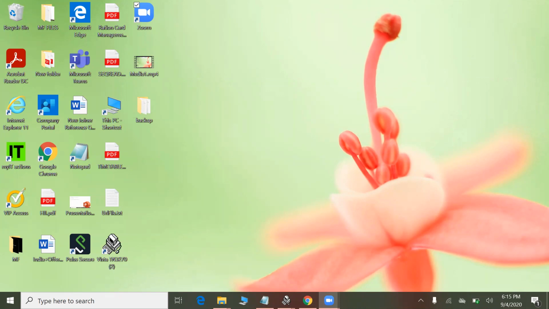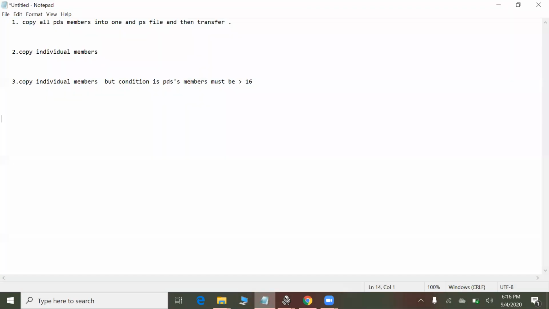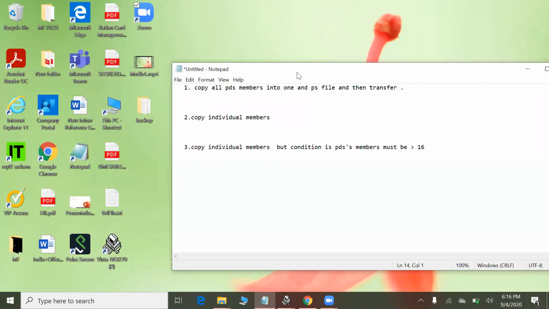In this video, I will show you how to transfer files, sequential files, or any files from your Vista TN3270 to your Windows desktop. There are three methods.